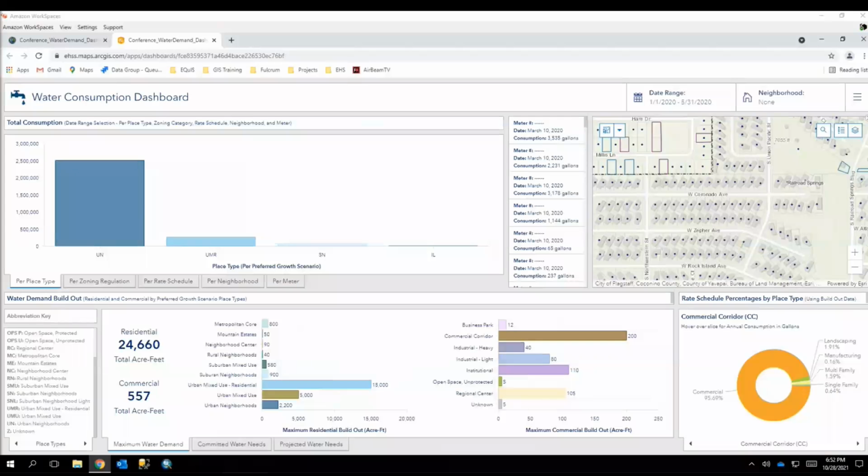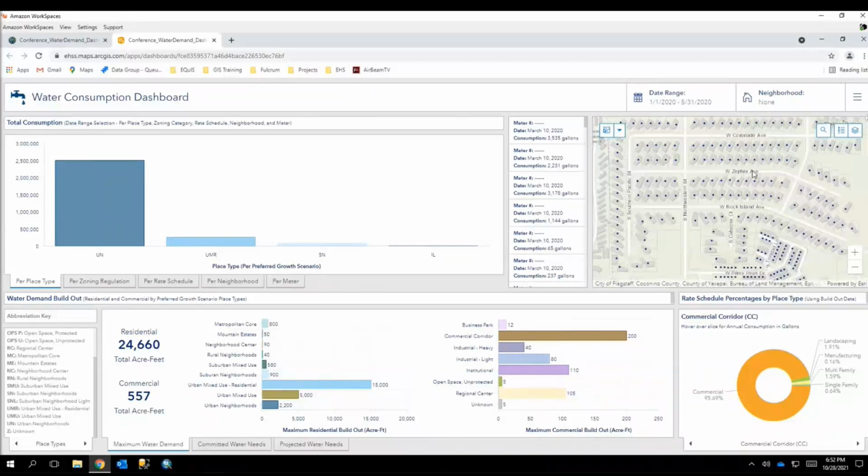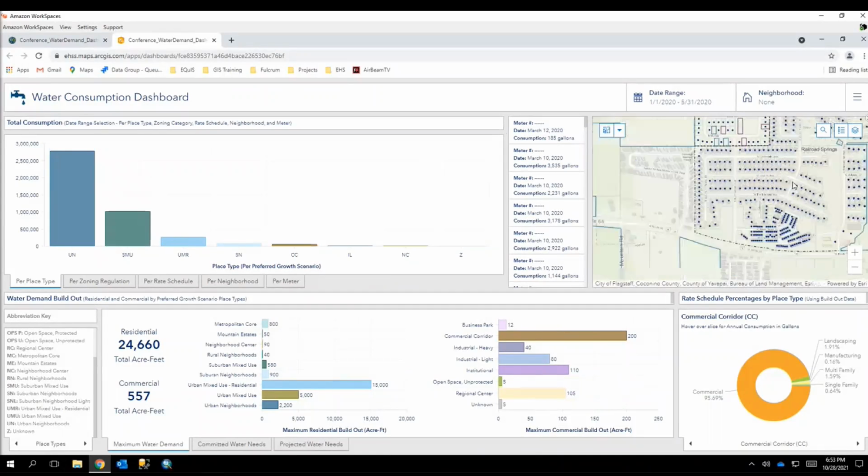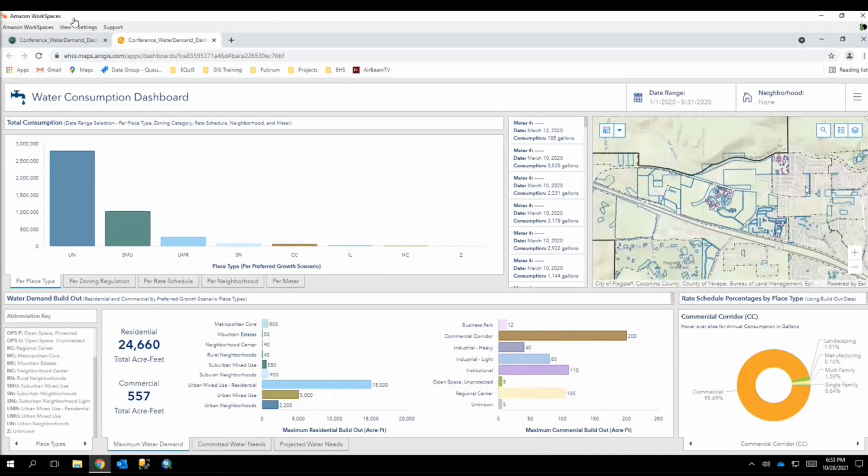Now that I've shown you around the dashboard, let's look at some examples of how to use it. So as I mentioned earlier, there are many ways to filter your data. One of which is just scrolling around in here. As you move your map, the charts to the left are actually going to change. But let's look at an actual example. So we would like to look at the gallons consumed in 2020 by the Pine Park Manor neighborhood. So first what I'm going to do is zoom out because